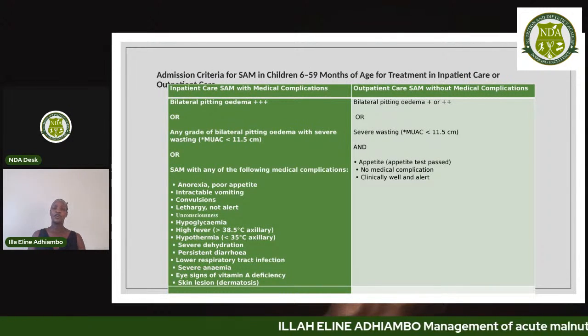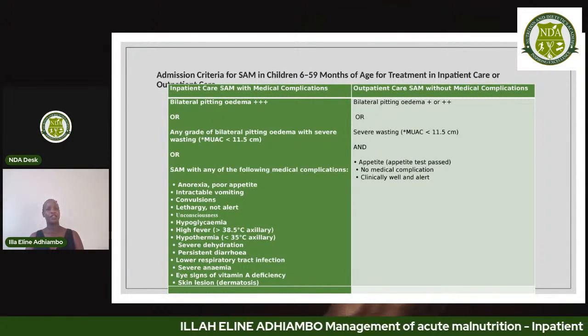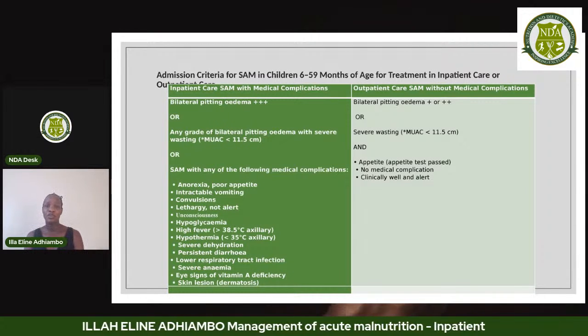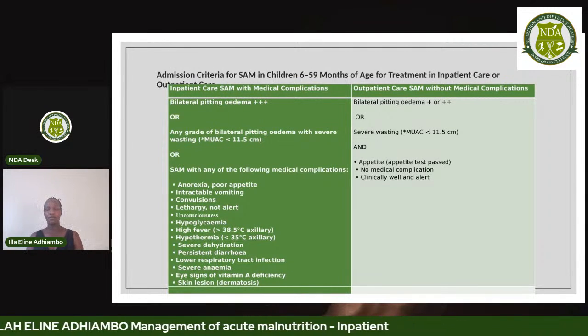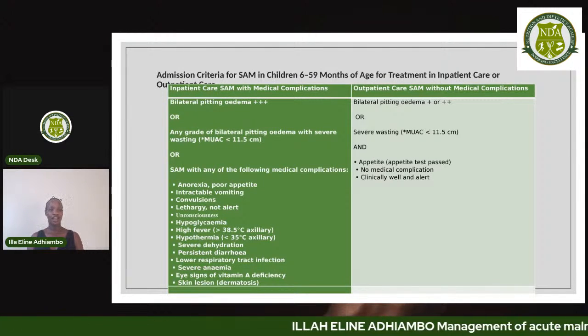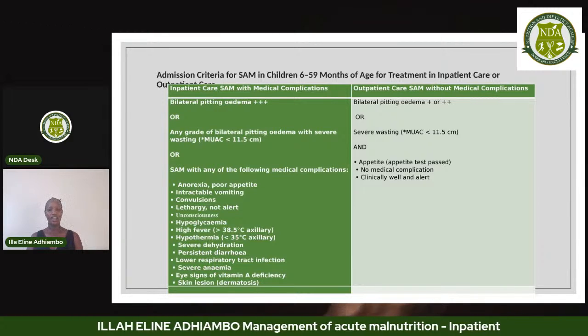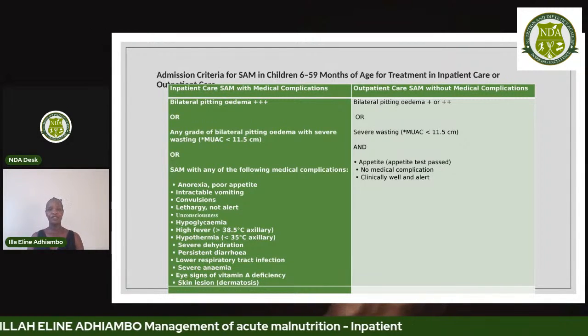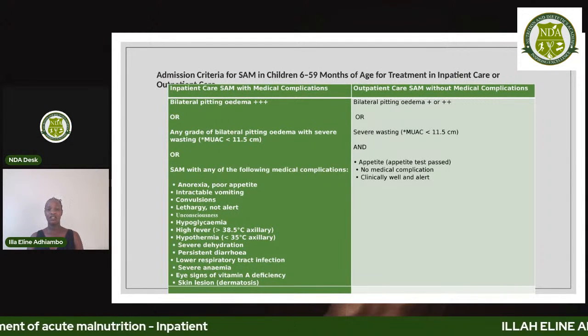Or you look at a child with severe acute malnutrition with any of the other medical complications like anorexia. They have poor appetite, they have intractable vomiting, they're convulsing, they're lethargic, they have hypoglycemia, their fevers are high, or they have very low temperatures, or they're dehydrated, or they have severe persistent diarrhea, or they have